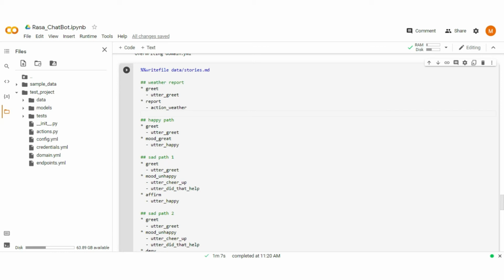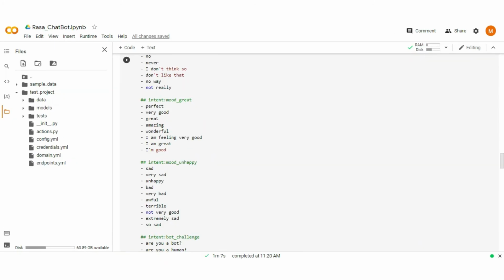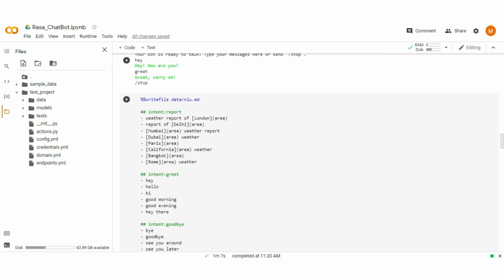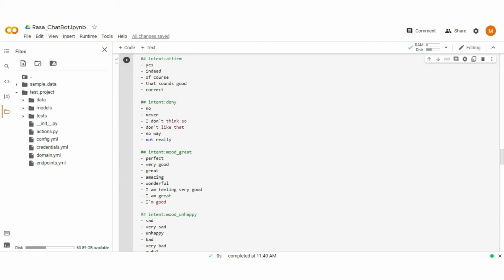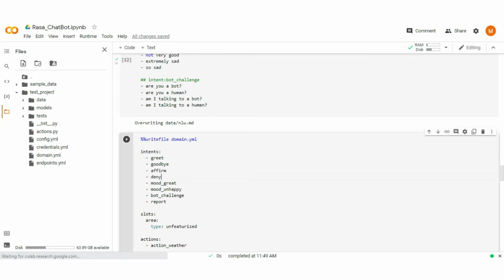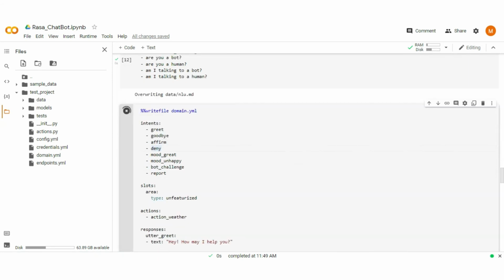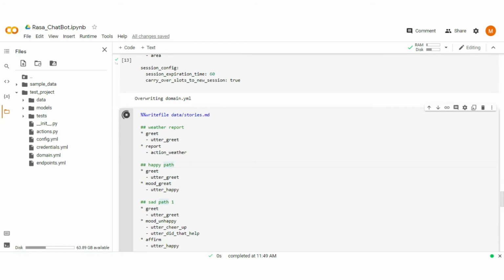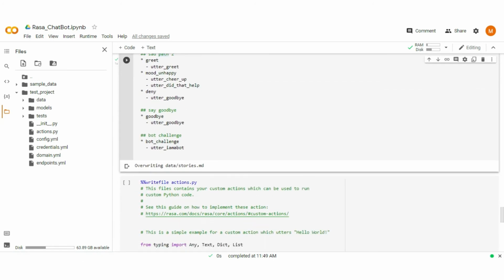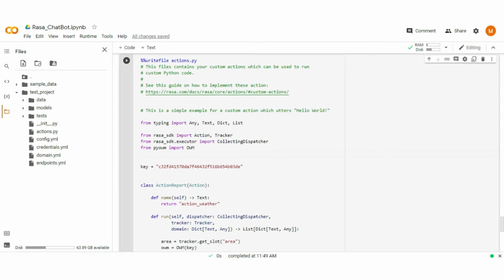Our query is now completed. Let's overwrite the files one by one. First execute the NLU file. Execute the domain file. Then execute the stories file. Finally execute the action file.